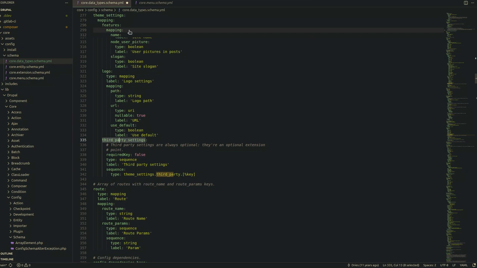So your main module could have a third-party settings, your submodules could define their own things and push it into the third-party settings of the main module's config. That could be an option to do it. I think that might be the most default way of doing it. Otherwise,